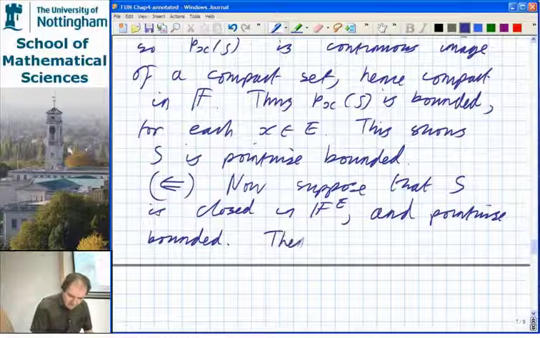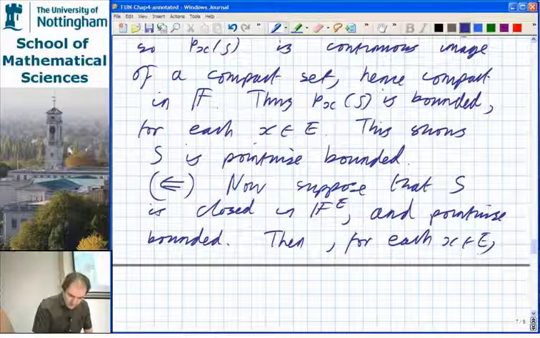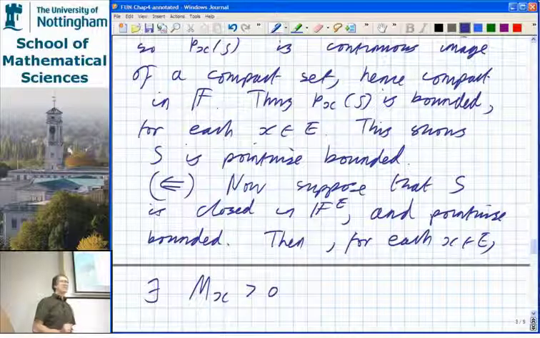So then, for each x in E, there exists this positive real number m_x. When I write m_x greater than naught, I mean, of course, a positive real number, not plus infinity,